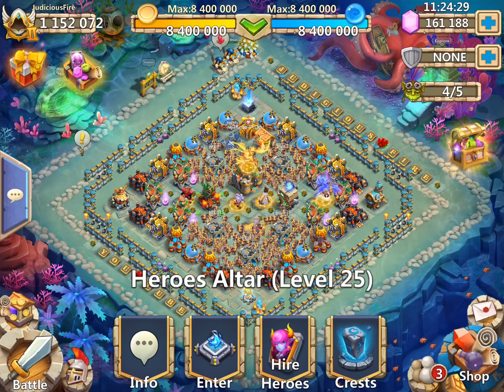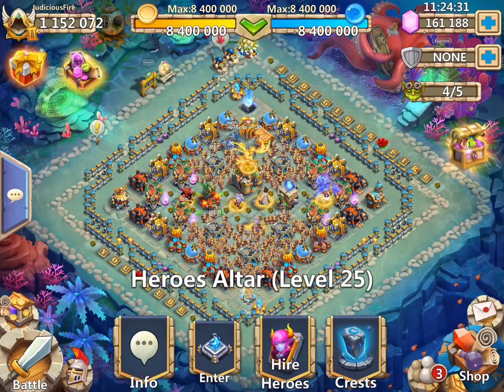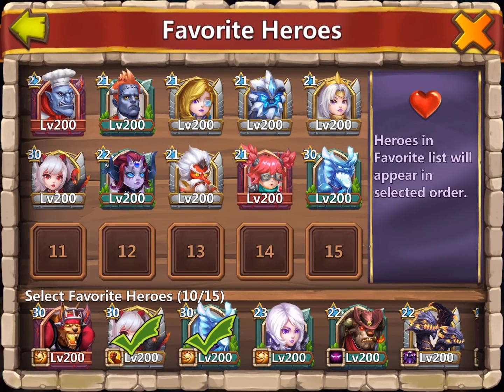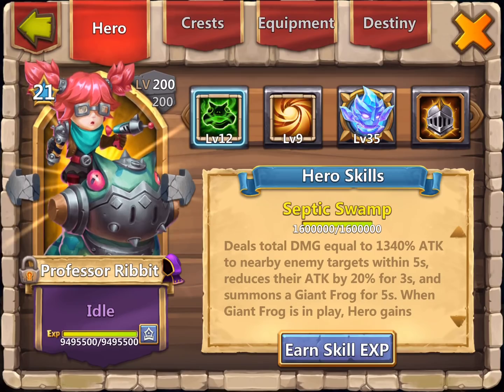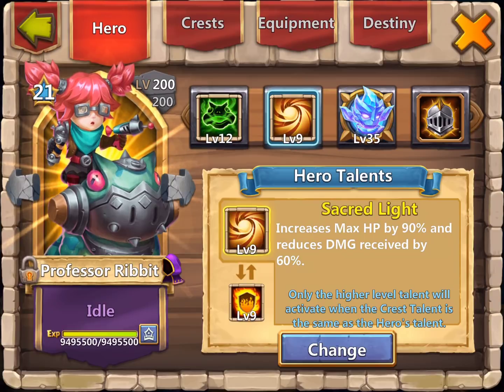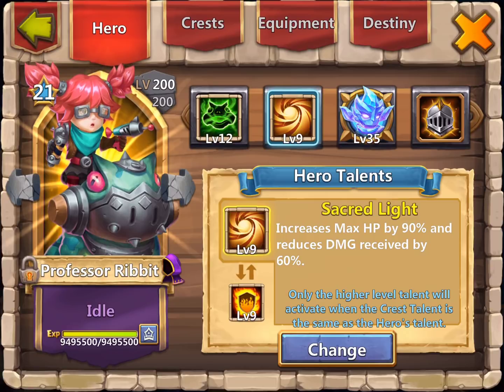Okay, let's go back in. We are on to Professor Ribbit. Okay, Professor Ribbit is a hero that I'm going to say guards your warehouse. We have a warehouse mode in this game where you don't necessarily even have to open heroes. You can keep them in card form. Professor Ribbit is a wonderful guard of the warehouse, meaning